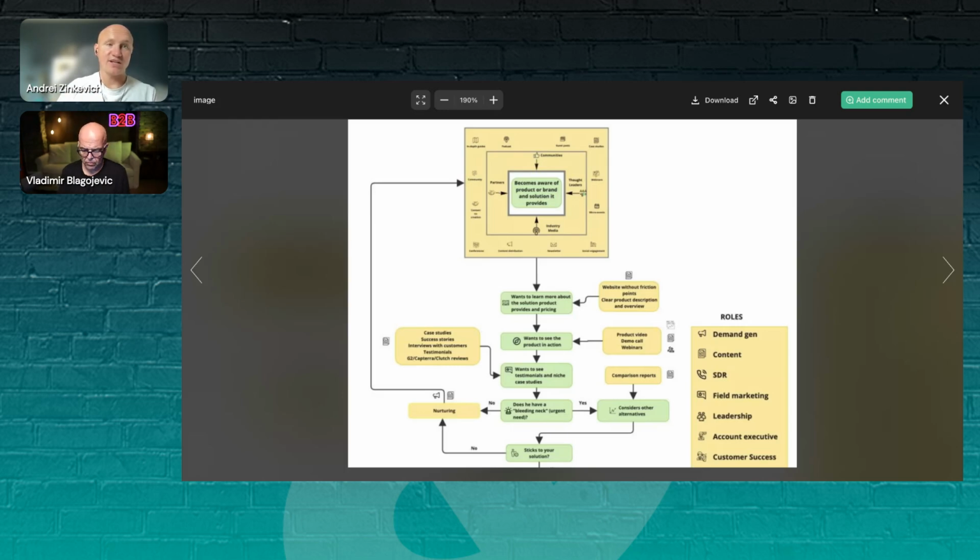Because if you are selling to mid-market and to enterprise, in most cases, you will be dealing with internal champions, and you need to get their buy-in first, and you need to understand what happens in their business, so that solutions like yours become their top priority, right? And how they typically sell your products in-house.